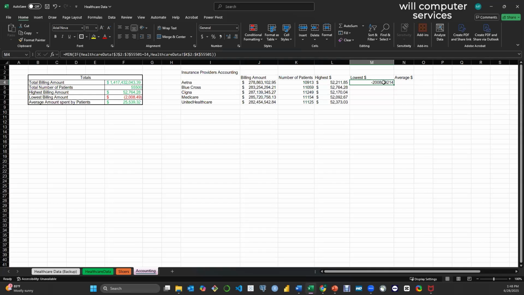Of course, this is not formatted in currency. I think the smaller value comes from Aetna. So anyway, let's see. Okay, seems like each of them, the lowest value is a negative number. So this is what it does here. I'm gonna leave it to you guys to